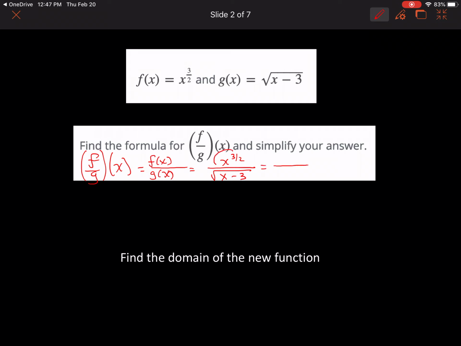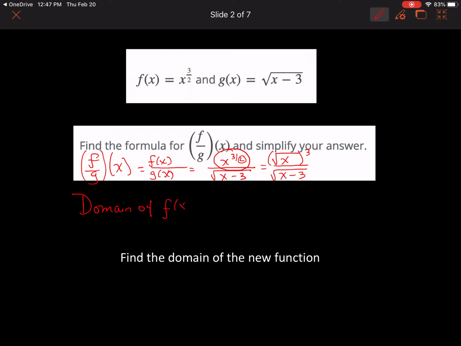So x to the 3 halves can be written as the square root, that's what the 2 means, of x to the 3rd power. We can either write the 3 inside with our x or outside as I did, divided by the square root of x minus 3. Now, we can't really simplify this any further, so now let's examine what the domain of the new function will be. So first let's look at the domain